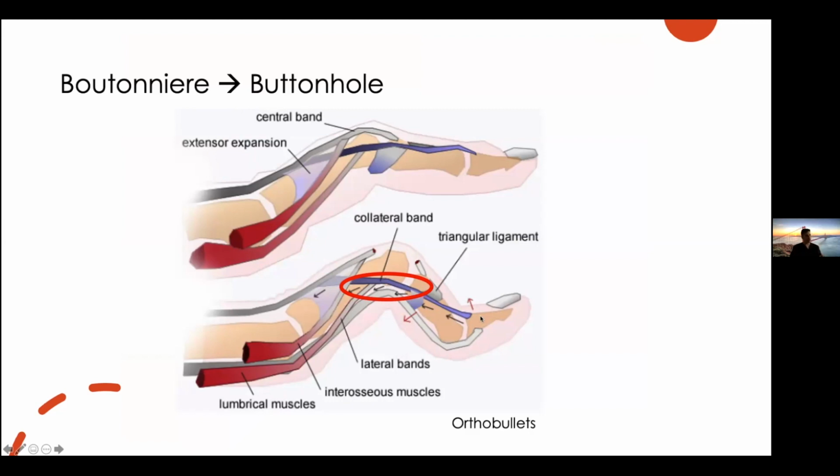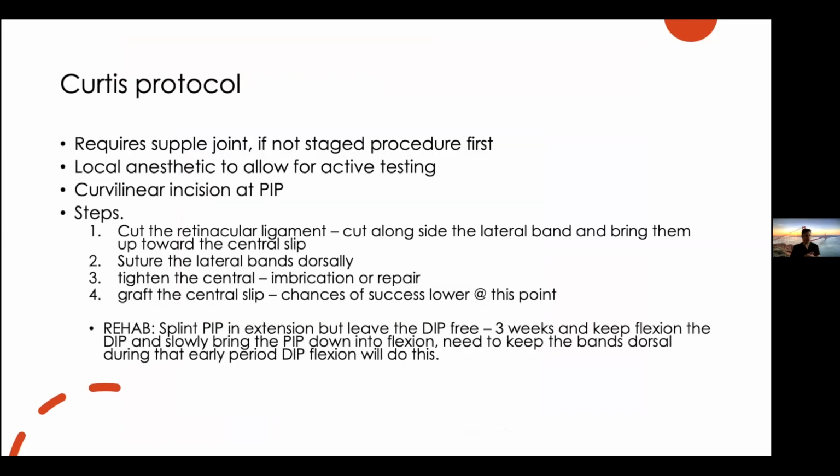So I will try to treat these conservatively. You try to splint the PIP in extension and get those lateral bands to pop back up over. You can do that with a flexible deformity. When that doesn't work, I tend to be a believer in the Curtis protocol. It does require a supple joint. So if you don't have a supple joint, it has to be a staged procedure. You have to make the joint supple first so that you can move it, and then you can apply this